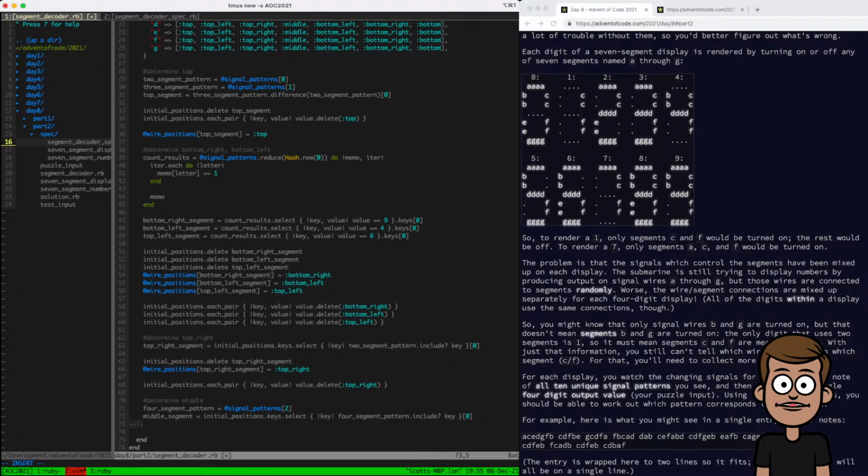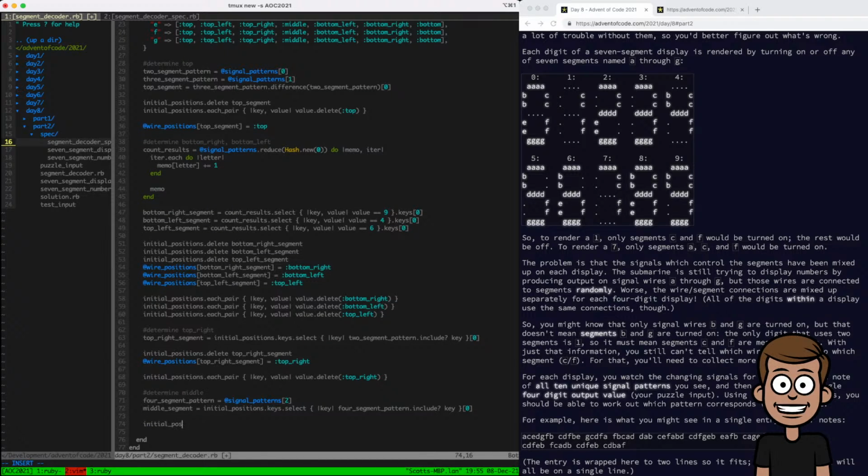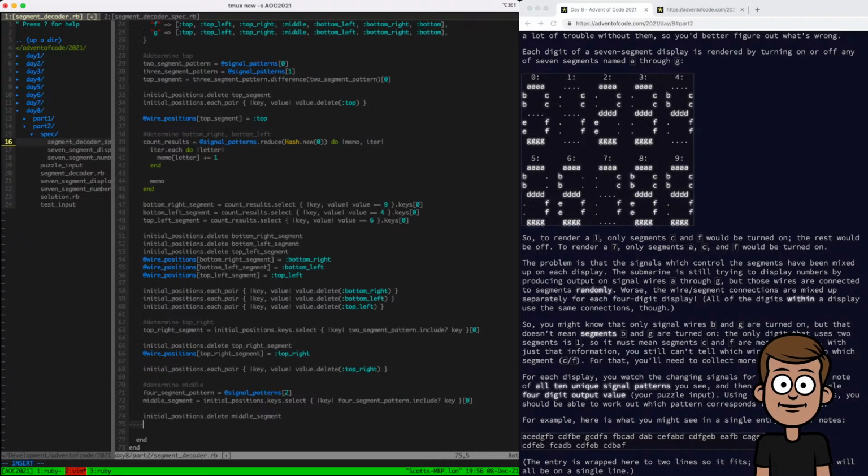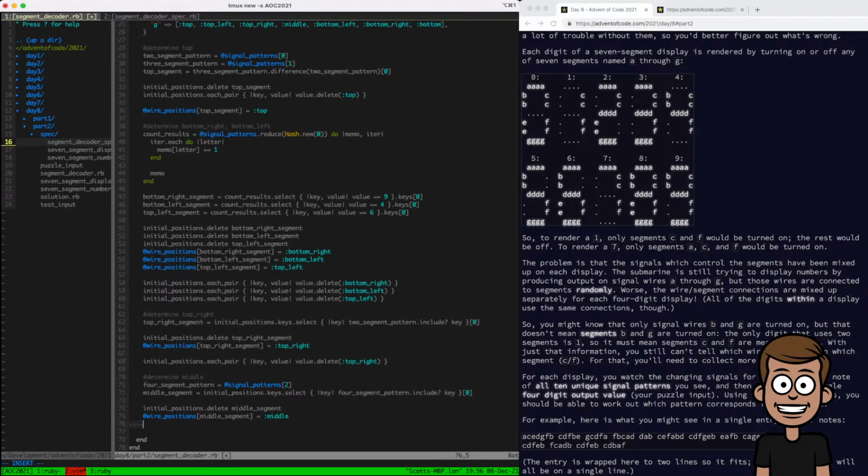Remove that from initial positions dot delete middle segment wire positions sub middle segment equals middle, and initial